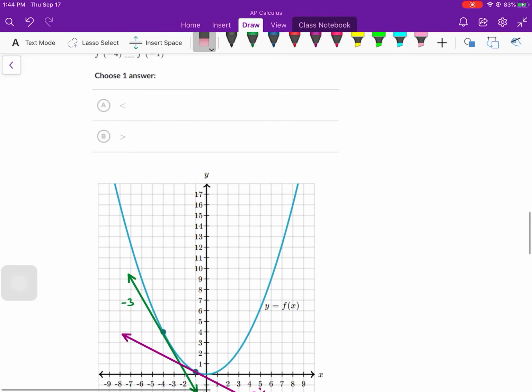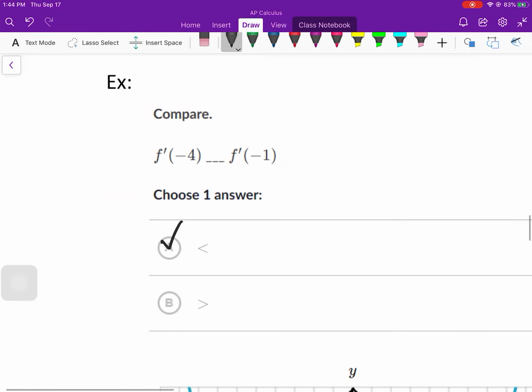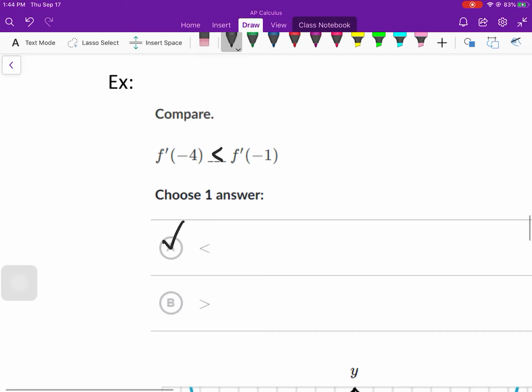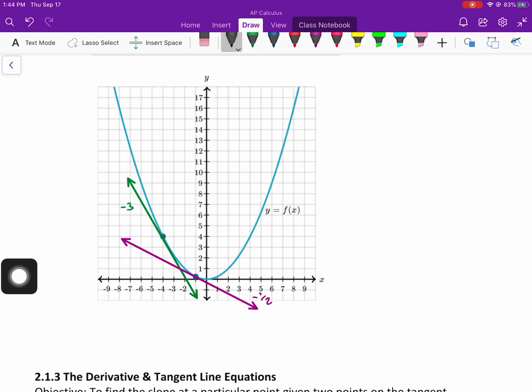So we've got to be careful with that whenever it deals with the negatives. So we're going to actually go with less than. F of -3 would be less than f of -1 as far as the number line goes. Or f of -4 would be less than f of -1. Because this one, even though it's steeper, if it was positive, the steeper one would be the greater one. But because it's negative, it's actually the steeper one is going to be the lesser one, because -3 would be